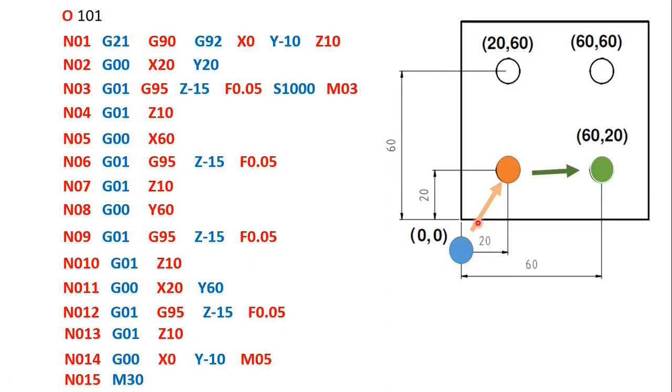Okay. So I'll just repeat once. First I'll reach here, go to this position, tool some 10 millimeter above the workpiece, that is this command. Okay. And then I'll do the drilling operation till 15 mm depth, so that in the complete workpiece we get a proper hole, and then I will come out again 10 mm above the workpiece, move rapidly to this position, do the drilling operation, come up 10 millimeter above, again do the rapid movement, do the drilling motion, come up, go here, do the drilling motion, come up, and then reach the original position. So this is how a simple drilling operation is done on a milling machine.